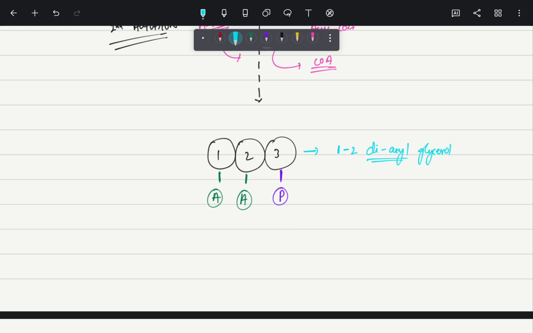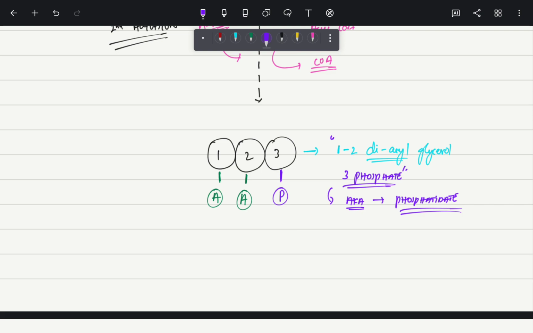Diacylglycerol. And on the third carbon we have the phosphate, so we will call it 1,2-diacylglycerol 3-phosphate. Okay, so the other name of this 1,2-diacylglycerol 3-phosphate is phosphatidate. From this phosphatidate, which is a common precursor for phospholipid synthesis and triacylglycerol synthesis, as I talked about